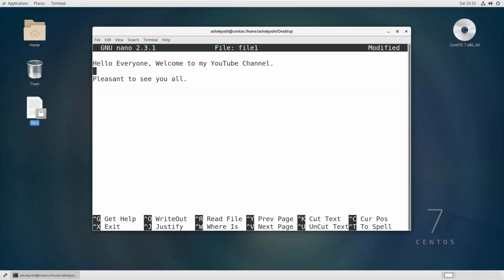So what I'll do is remove the extra spaces so that it looks good. And now if I go here and want to paste it, I can use a shortcut which is Control U. So Control U is the shortcut in Nano in order to paste. So we had cut this greetings everyone, and now we have pasted it using the Control U shortcut.